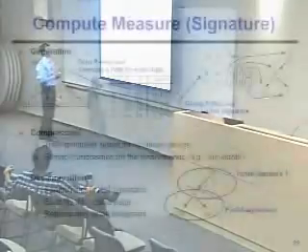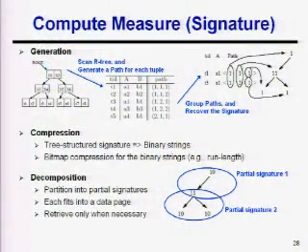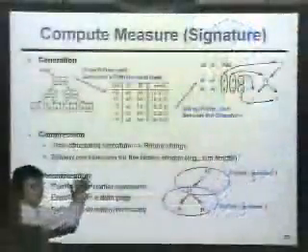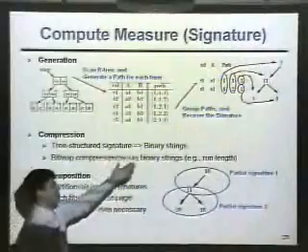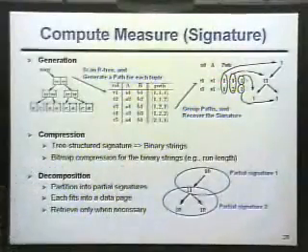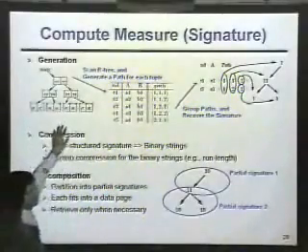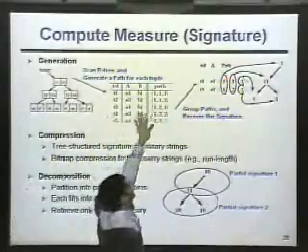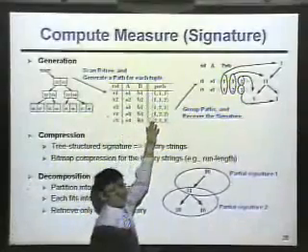So computing a signature actually consists of three steps. The first is how we generate this signature. For example, given a selection condition, if we traverse the R tree and get data as a computed signature, that's not a scalable way because we need to traverse the R tree again and again. So an alternative way is that we just traverse this R tree once and we output a path for each data object, and we store this in the data. We create a new dimension here.